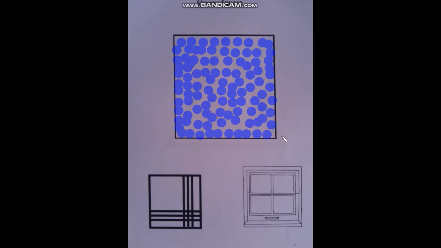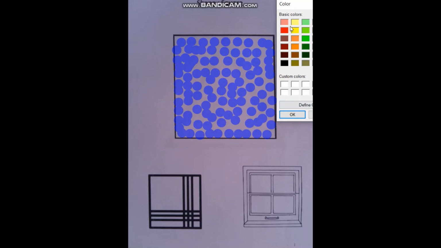Okay, now downside we have 2 things. One is handkerchief and the other one is window. So in this we will do coloring. And for coloring I will take my red color for handkerchief.